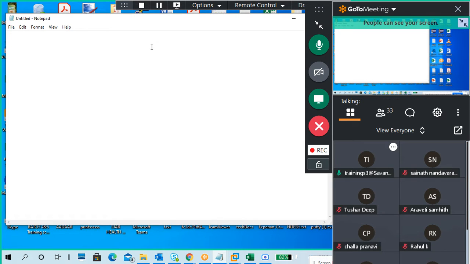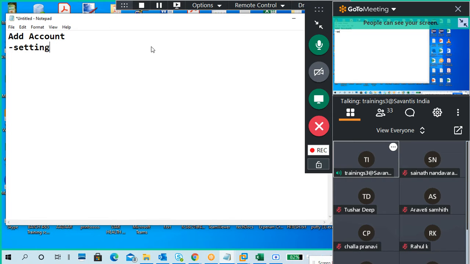Okay, so from bottom to top. First we added an account, an extra user account. Account means user account. We added a user using settings.